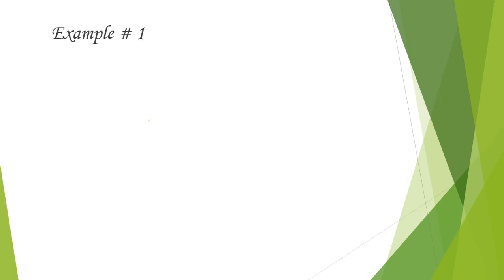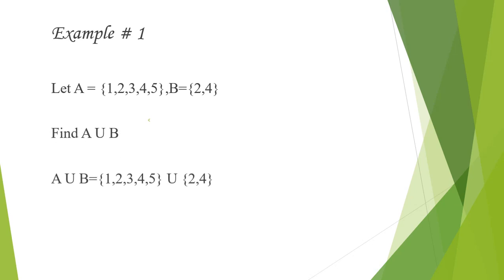That is the example. See the example. By means of the example, you will get it clearly. Our question is, let A = {1, 2, 3, 4, 5}, B = {2, 4}. Now you have to find A union B. Now see, first of all, how are you going to do it? Here it is written A union B. So according to this, you will put the elements of your sets. First we will put the elements of set A, that are 1, 2, 3, 4, 5. Then put the sign of union between them. Then set B having 2 and 4.